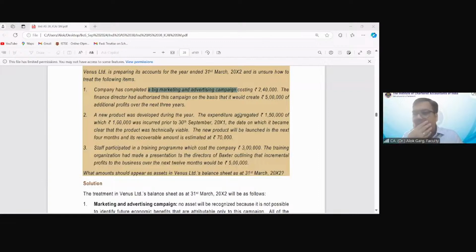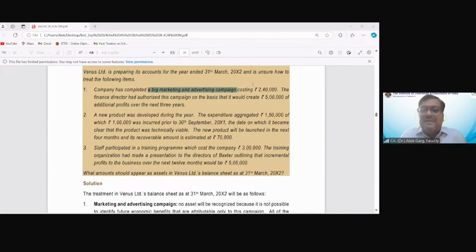I still remember. So there was a company called Arise. Arise was in the manufacturing of geysers, heater, boilers. So they have sponsored Asia Cup in 2012. So Arise Asia Cup. After sponsoring that Asia Cup, the company becomes bankrupt. And they have spent around 500 crores in sponsoring the Asia Cup. So that is for the brand promotion, advertisement, right?